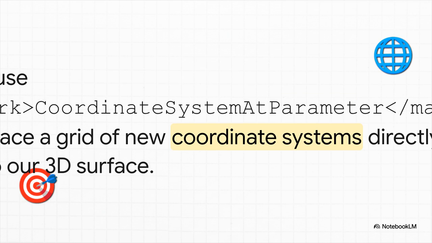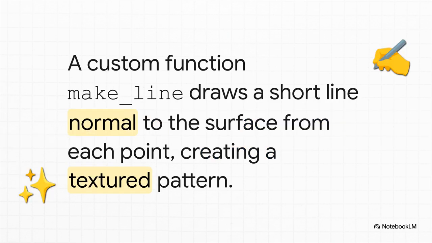Now, this line looks a little complicated, I know, but the idea behind it is actually pretty intuitive. Think of our curved surface like a globe. A globe has lines of latitude and longitude that create a perfect grid on its surface, right? Well, this command does the exact same thing. It creates a grid of reference points that are mapped perfectly onto our 3D shape, giving us all new places to build from. And for the final step, we run a command on every single point in that new grid we just made. For each one, it draws a short little line sticking straight out from the surface. And the result is this dynamic, textured pattern, a level of detail that would be incredibly time-consuming, if not impossible,